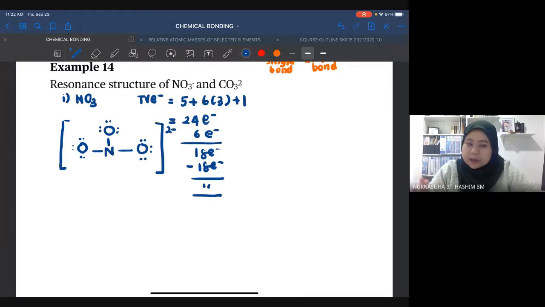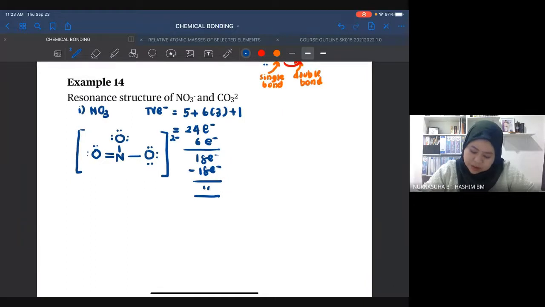Bagaimana tadi? Kita perlu octetkan setiap atom. Okey, nitrogen tak octet kat situ. So, as usual, ambil satu lompat and we form double bond. So, that is the first structure. Okay. So, now, untuk lukis resonance structure,